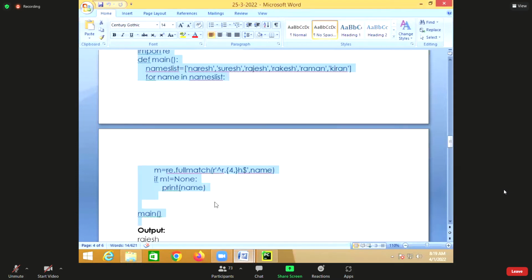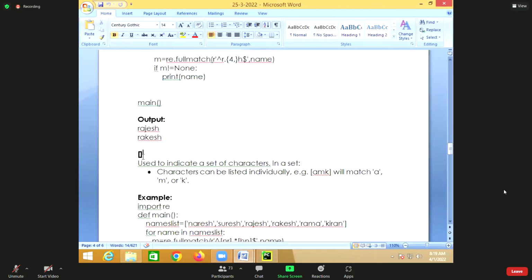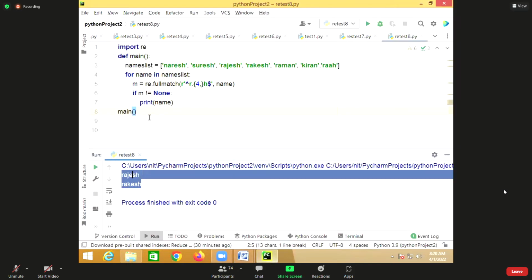So there is a grouping here. The grouping is done by using a set of characters, which can be given using square brackets. For example, in the previous case I'm finding only names that start with R. But I want to find names that start with R, N, or A, and end with H or S or some other character.